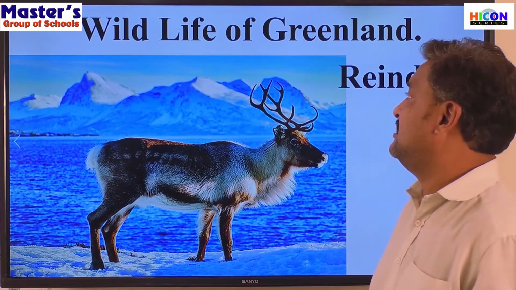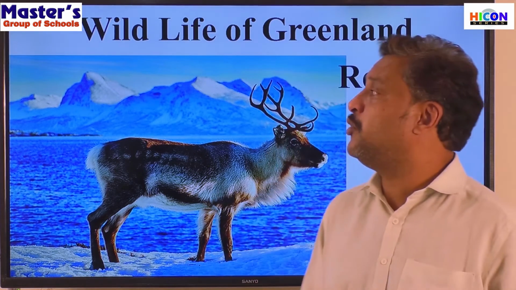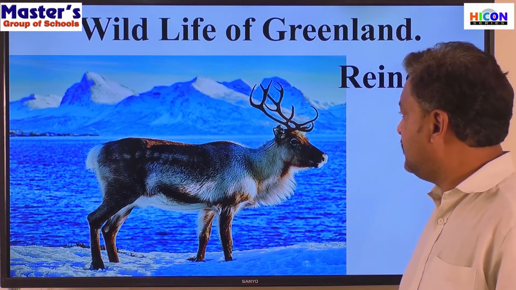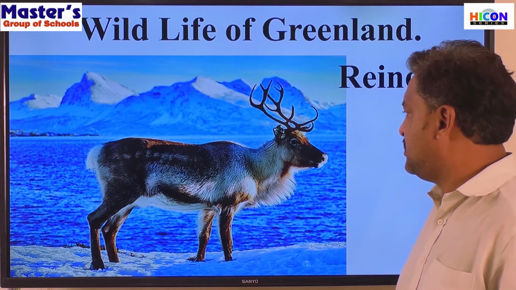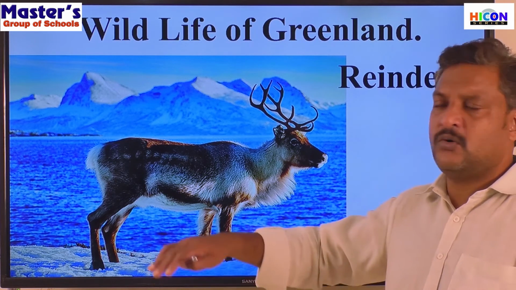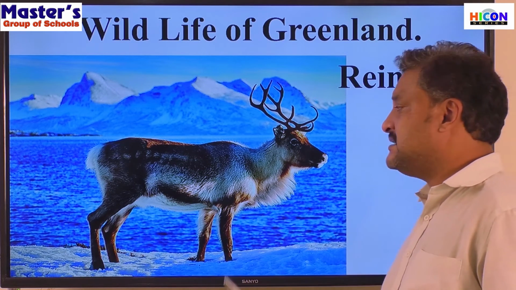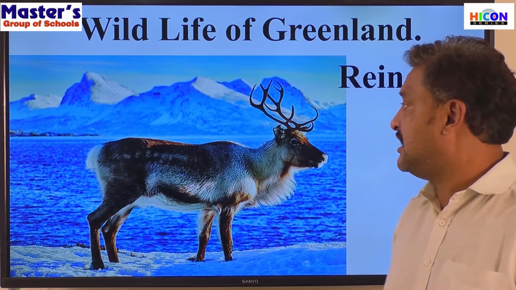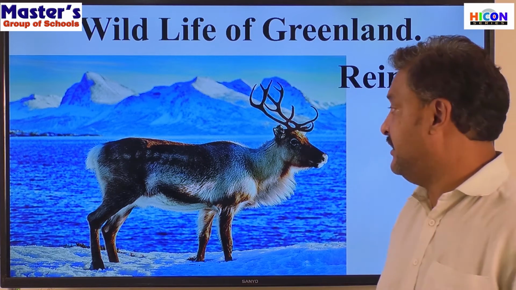But the wildlife in Greenland is amazing. Though there are very few plants over there, it has a very good number of animals. And among all the animals, the most important one is the reindeer. Reindeer is actually a regional animal over there, and it grows to the size of a bull or a cow or an ox. This animal is actually raised by the people over there because they get milk and flesh from these animals. They use these animals for their milk and flesh and the skin also.